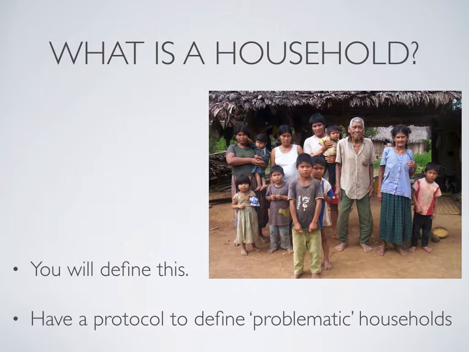So defining a household can be tricky because members in this society are quite fluid in terms of where people sleep. So you'll have to come up with a protocol of how to define a household and also a protocol to categorize households that might not necessarily fall within that category. So if your definition is who sleeps together or lives together under the same roof, think about how the US Census might define college students living in dorms, for example. How would you classify those households? This is just one of the many decisions that you'll make as a researcher.